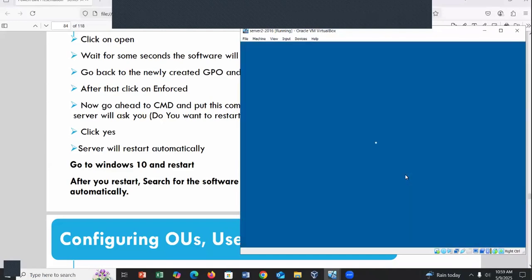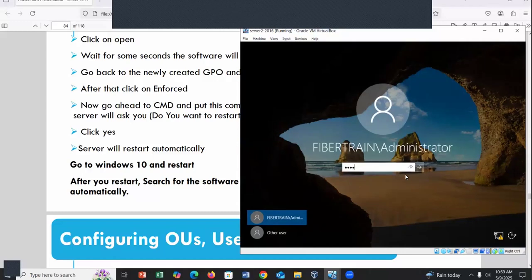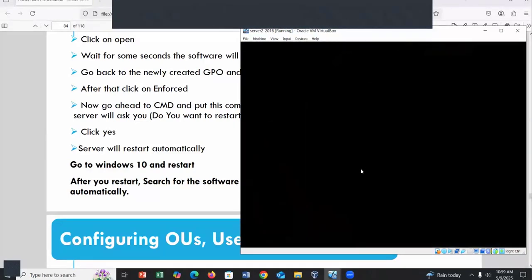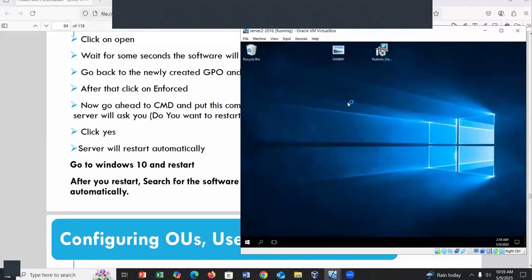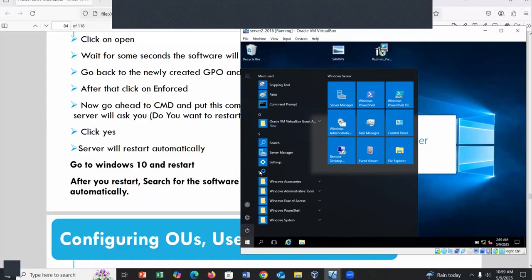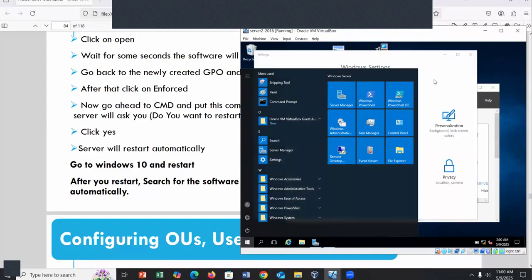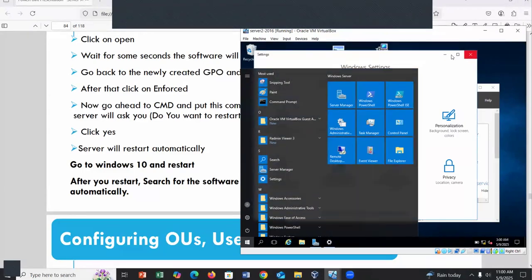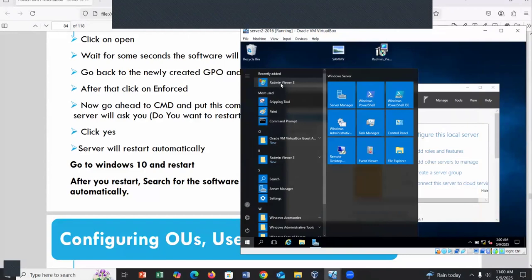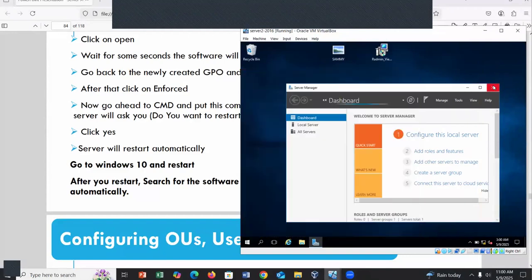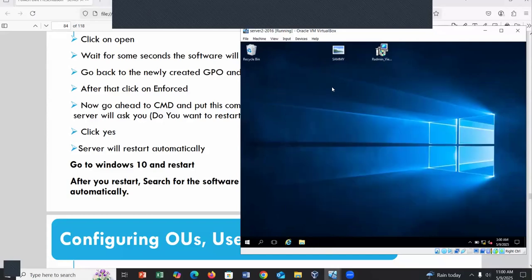So if I log back in to the server and open here, we are supposed to see that particular software on the server. Okay, as you can see here, here is RADME Viewer. Me seeing this on my server means that it has already been successfully deployed to the employee